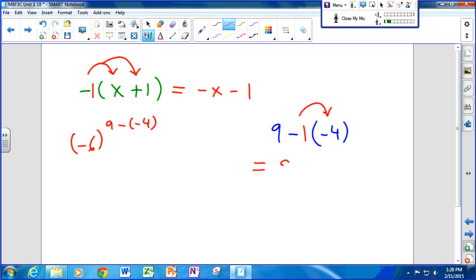So let's rewrite this then. We have 9. Now, what's negative 1 times negative 4? Well, the signs are the same, so the answer is going to be positive, and 1 times 4 is 4. And you see what we've done is we've eliminated the negative sign, and we've gotten rid of the brackets all at the same time. So now we can rewrite our power as 9 plus 4,